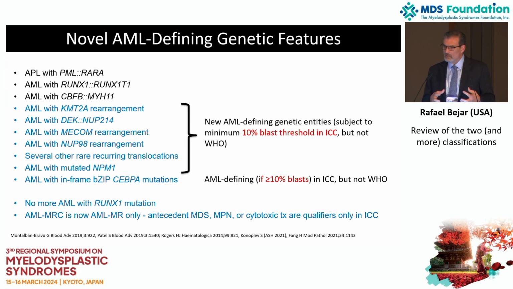Well, some of these in the future will just be AML if they have at least 10% blasts in the ICC and have some of these chromosomal rearrangements like KMT2A, NUP214, MECOM, and so on. That isn't a requirement for the WHO. If you have one of these abnormalities, it's presumptive AML regardless of the blast count, much like we do with some of the other favorable translocations. AML with RUNX1 is gone, and there are some other differences in how we define AML that I won't go into now, but just to say that there are some patients that are no longer MDS and are now in the AML category.